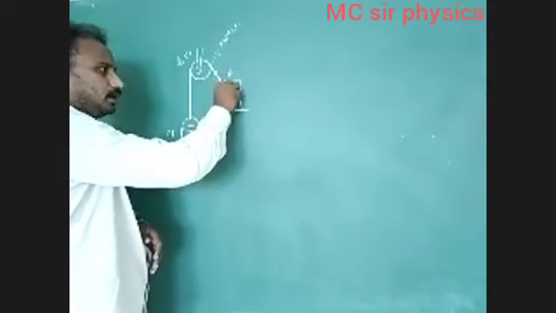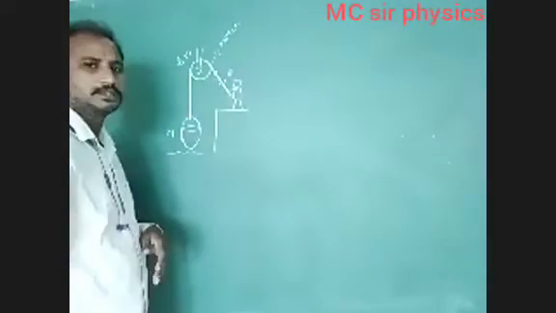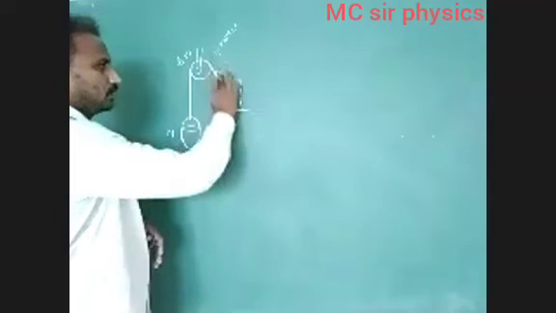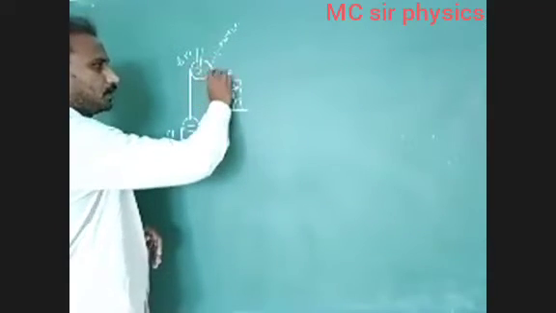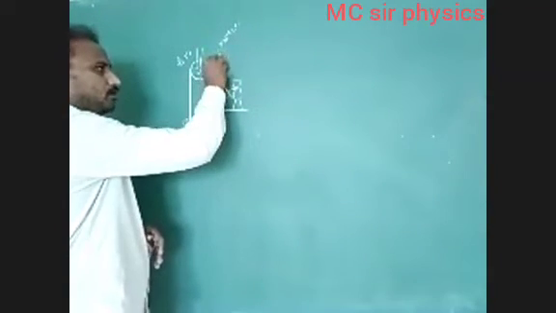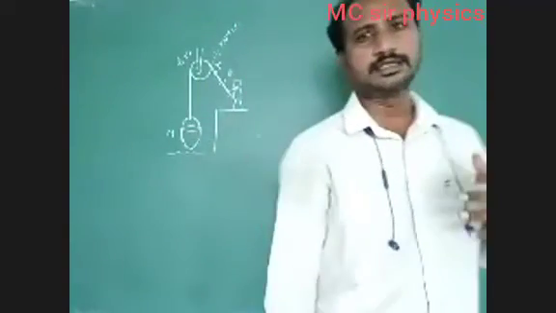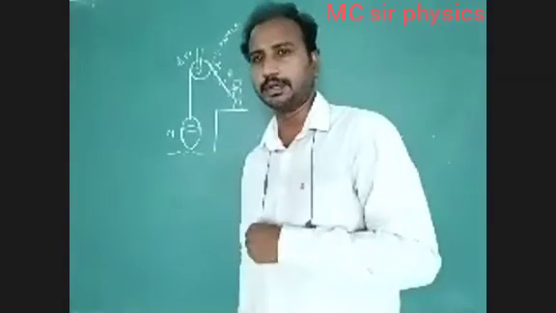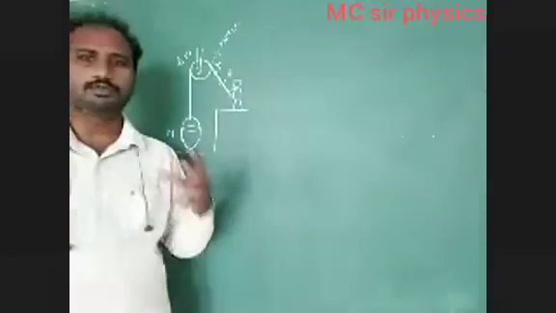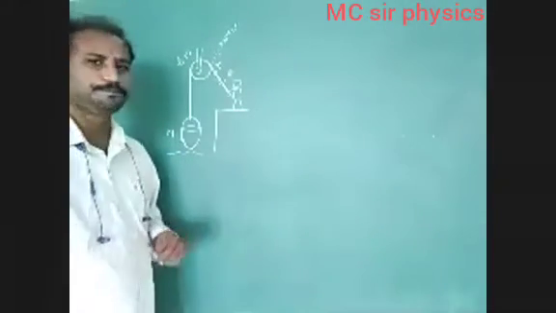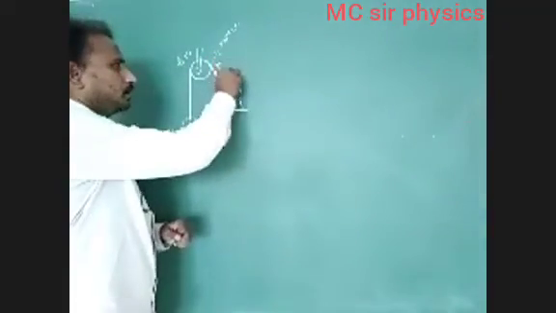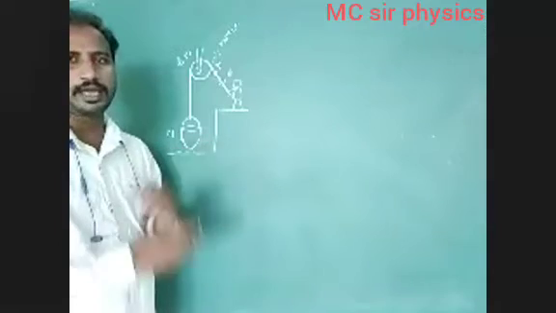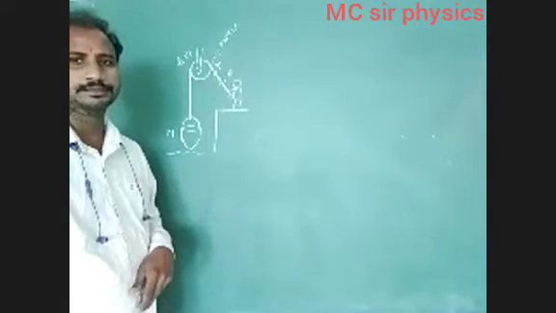So in the downward direction we can consider it. Reaction force we have to consider in the opposite direction. This reaction force is provided by the rope. That reaction force provided by the rope is equal to the applied force on the rope. Tension and applied force are both acting in opposite directions.